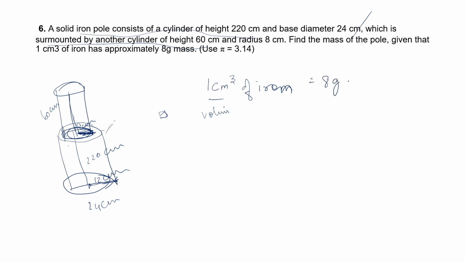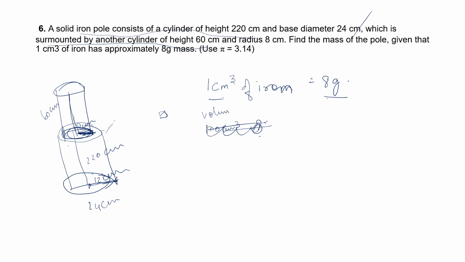Okay. So first, the total volume we have to find out. Then only can we proceed, because for one we have 8 gram. Suppose if this measured 100 centimeter cube, then for 100, how much? It's just an example I said. You have to find the exact volume of this and then find the mass of that.